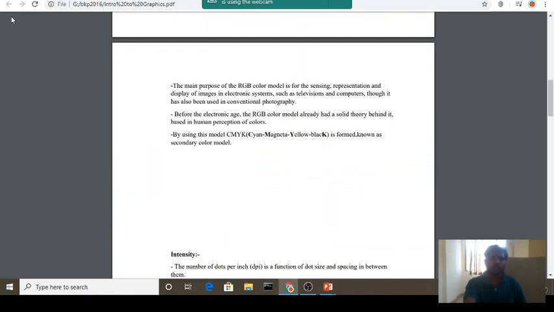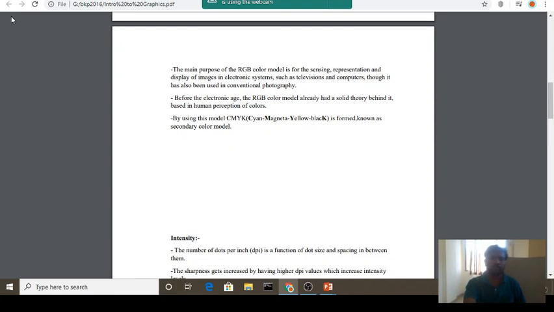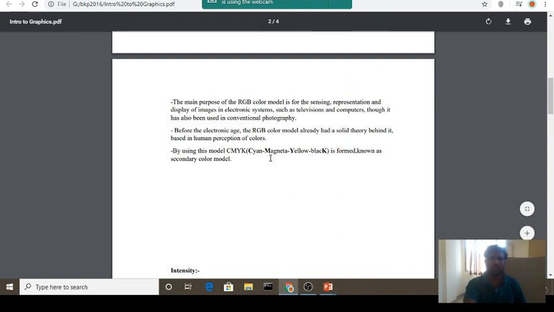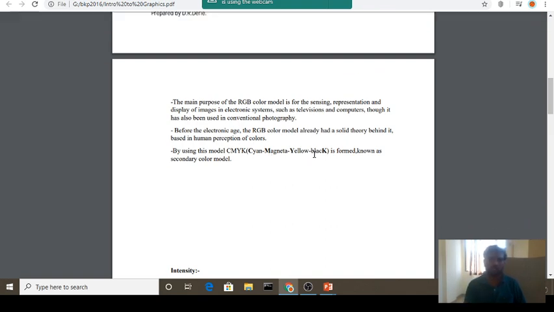The second color model is CMYK. CMYK means cyan, magenta, yellow and black. Whenever we mix the colors of the primary color model, we can get the CMYK color model. For example, we take red and green, green and blue, or red and blue together. In this way we can form the CMYK color model.